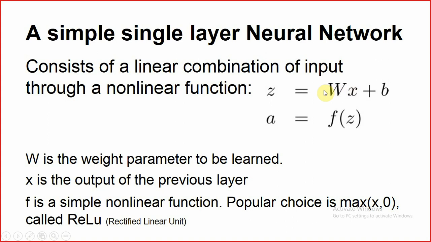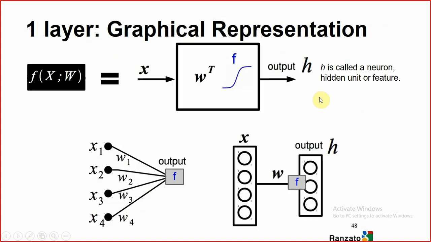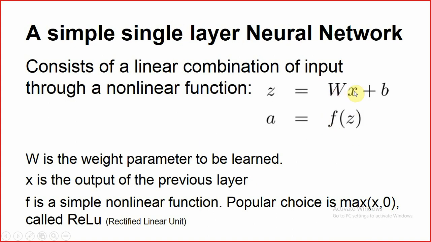Combination of the inputs of one neuron, for example. Here we have a neuron, and this neuron is connected to some other neurons, and we receive some value here, and it will be multiplied by the weight. And here we have a summation of w1 times x1, w2 times x2, w3 times x3, w4 times x4. After we find this multiplication and add it with some biases, then we give it to the nonlinear function, for example